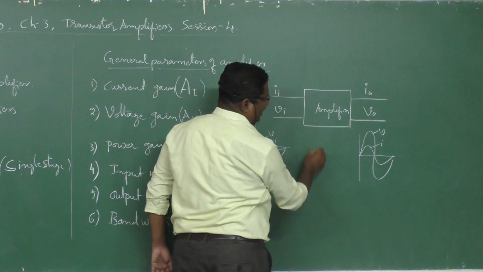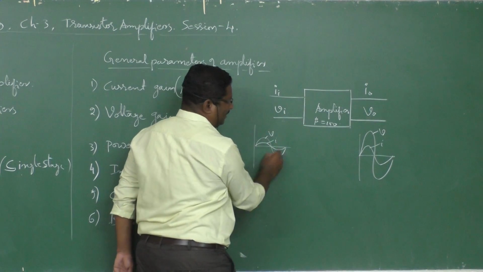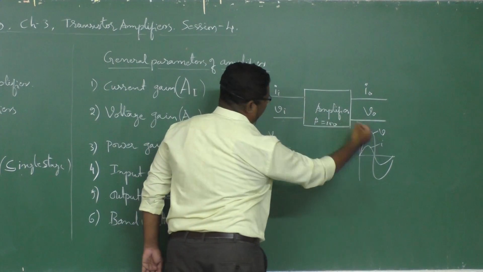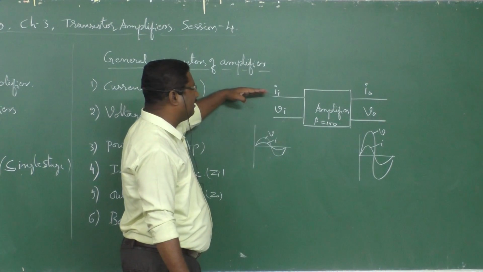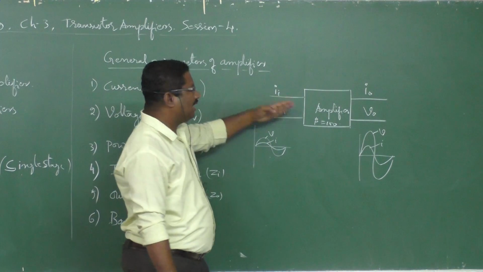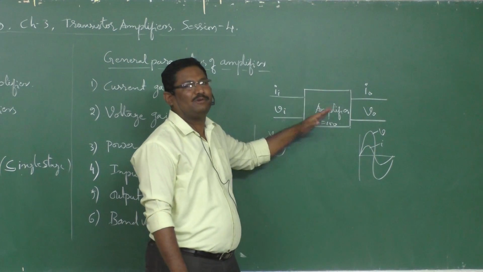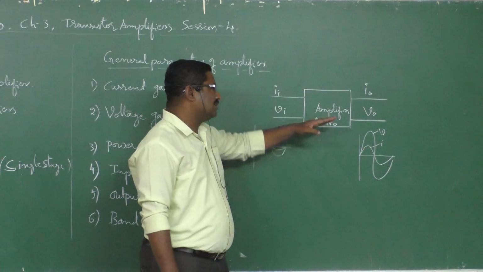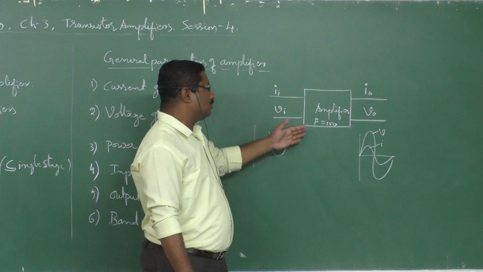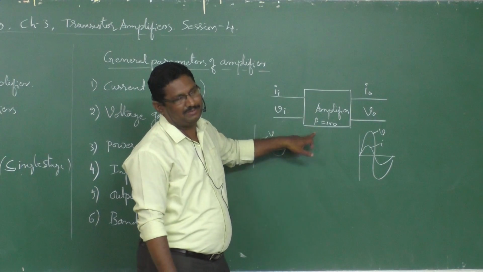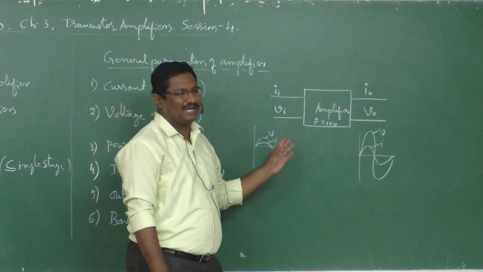If the amplification factor beta is equal to 100, this quantity will be multiplied 100 times and we get it across the output. Initially we have input current and input voltage, and across the output we get amplified output current and amplified output voltage. This is the amplification factor. It may be 50, 100 or 70; the amplification factor is fixed for any given transistor amplifier.